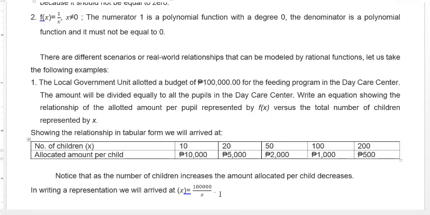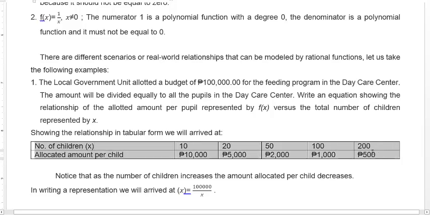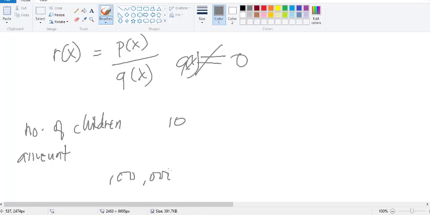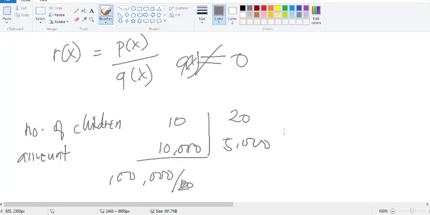Tama man? So this table actually comes from number of children, and then yung pera na ibibigay sa kanila, so amount for each children. So kung meron kang 10 bata, syempre yung 100,000 di-divide mo by 10, and that is 10,000. Doon mo nakuha yung 10,000. If you have 20 children, syempre yung 100,000 divide mo by 20, and that is 5,000. Okay? So meaning, coming from this, you will get the